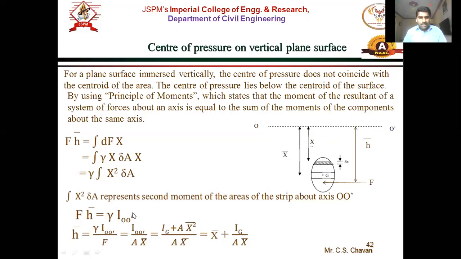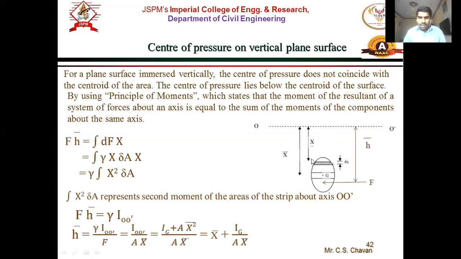So using that, we will be using the moment of inertia, that is I_O dash is equal to Ig plus A x bar squared. So instead of this we have written Ig, that is the moment of inertia of the surface, whatever surface is applicable here, plus the area of the surface into distance square. So whatever will be the distance, that's squared. So the distance is x bar, right? So you have to take the moment of inertia about this g axis, right?